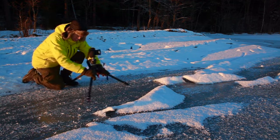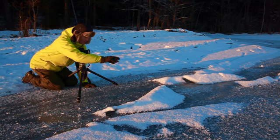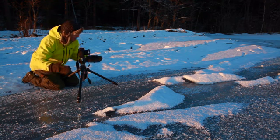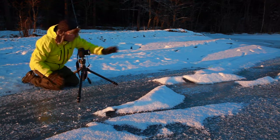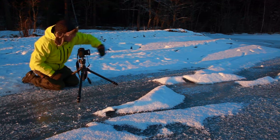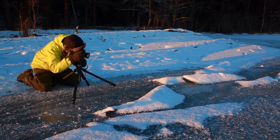Here it's very slippery, the ice. I see these beautiful lines here, these curved lines. This looks like a fish, and also these lines, they form curved lines, S-curved lines, and diagonal lines in my composition. So I'm going to go down